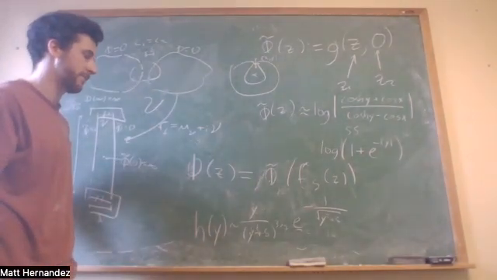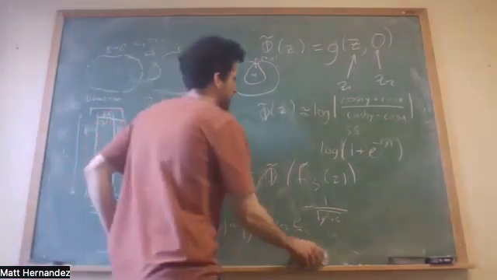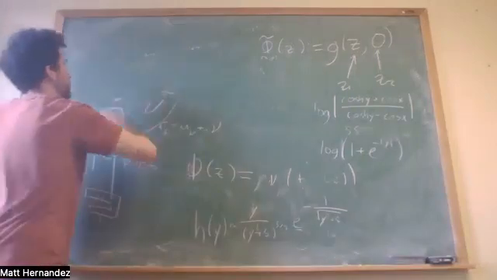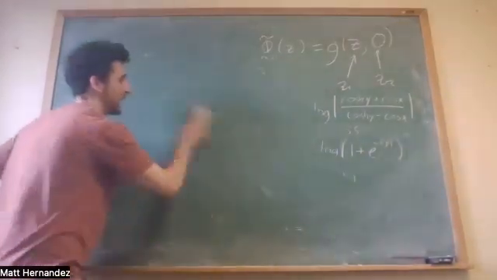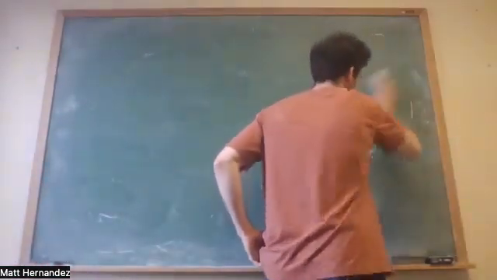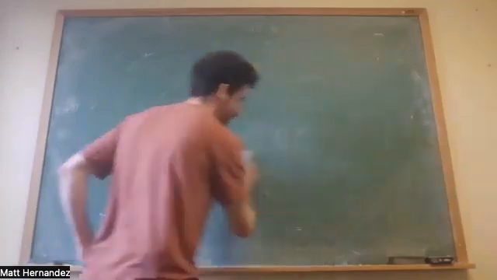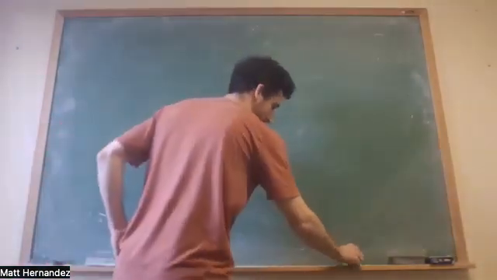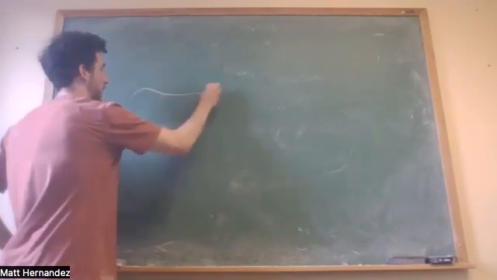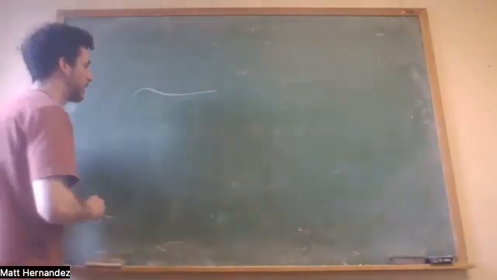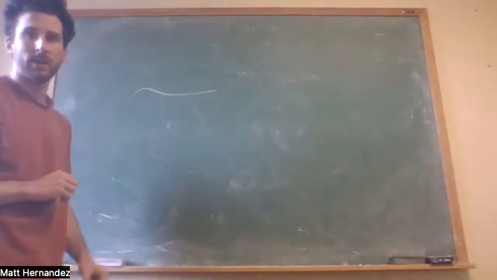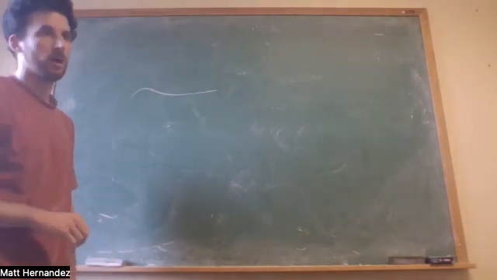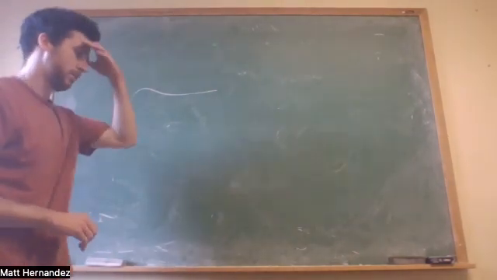Let's see, let me erase this. I don't know if there's been any that have really been studied in depth besides the splash singularity. But you can always break it down into two types, where one is a case in which there's a singularity happening on the boundary, and one is a case where there's a singularity happening inside the fluid. So I don't know of any case where people have constructed, let's say for water wave, to keep it simpler, a case where you have some sort of singularity forming around a point in the interior. I think the only cases that I know of, I could be wrong, about singularities for water wave are